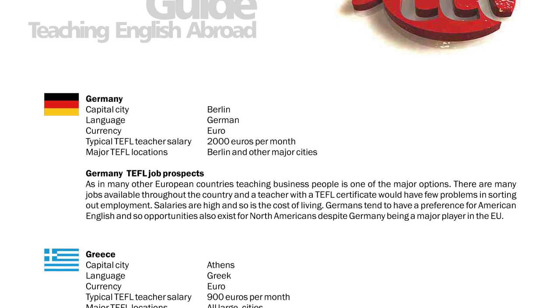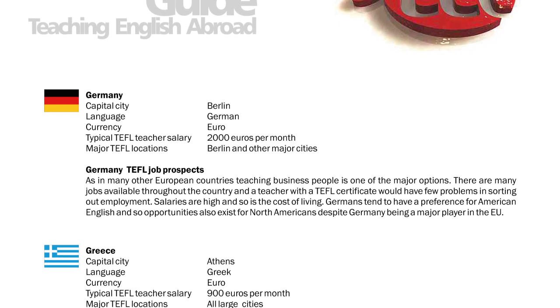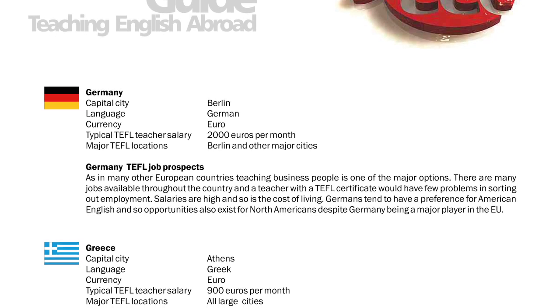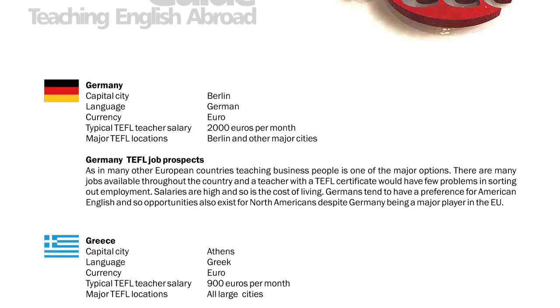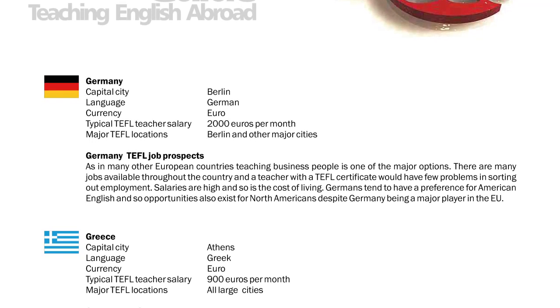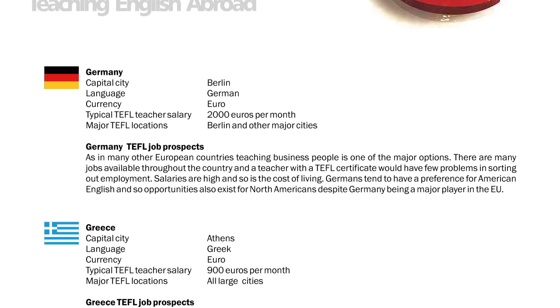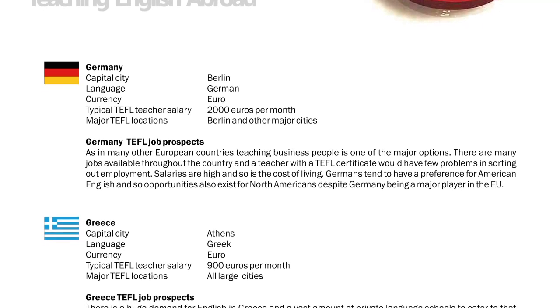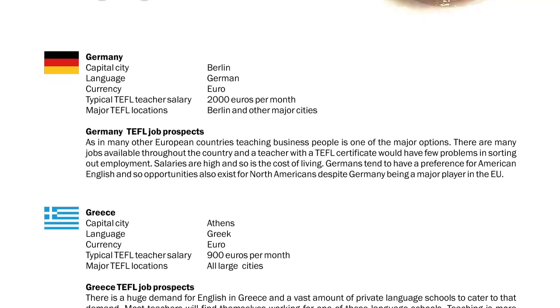Germany. Capital city: Berlin. Language: German. Currency: Euro. Typical TEFL teacher salary: €2,000 per month. Major TEFL locations: Berlin and other major cities. Germany. TEFL job prospects. As in many other European countries, teaching business people is one of the major options.